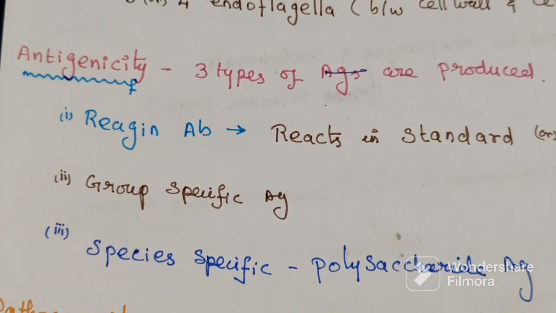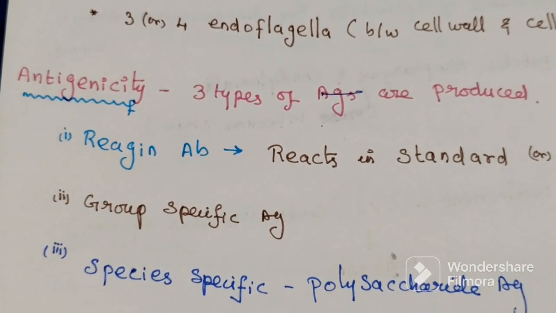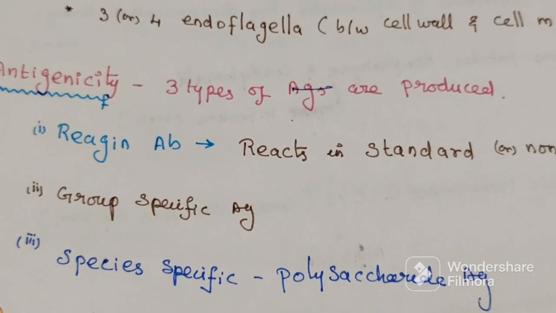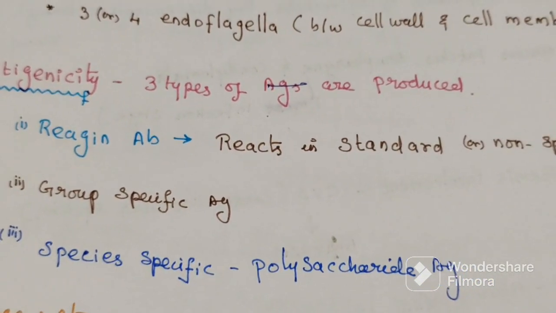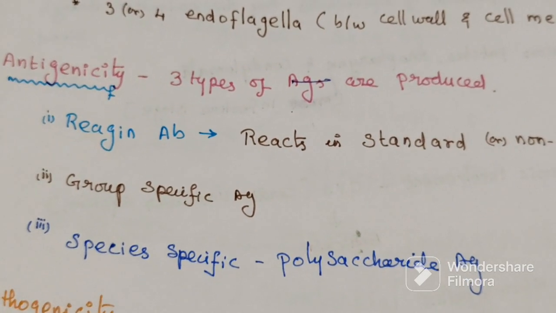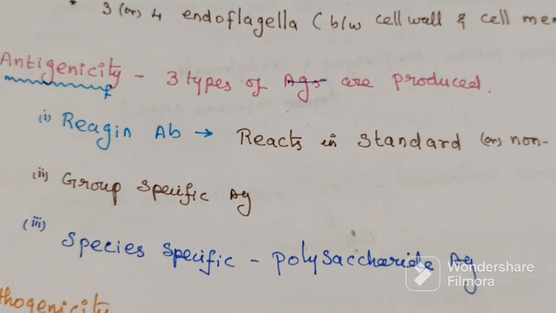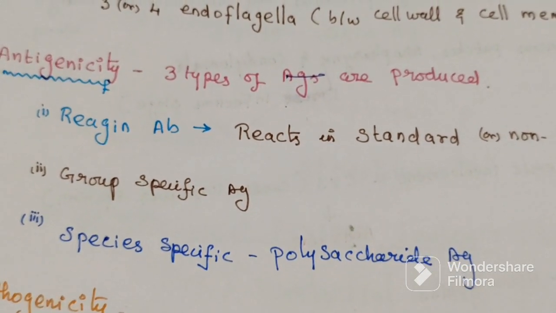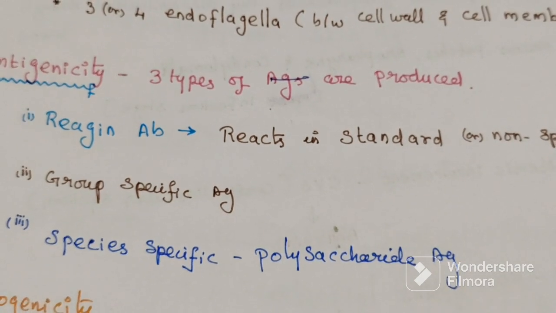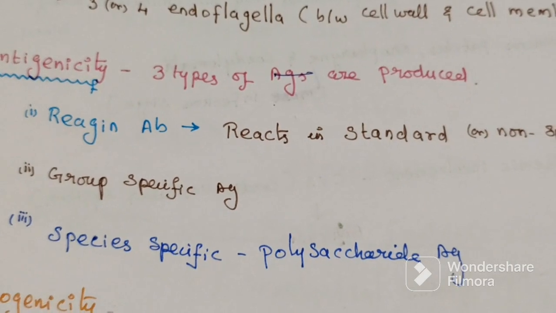Next, antigenicity. The antigenic structure of Treponema pallidum is very complex. In Treponema pallidum infection, 3 types of antibodies are produced. First one is reagin antibody. This reacts in the standard or non-specific tests for syphilis. These tests include the Wassermann test, Kahn test and VDRL test. The antigen used in these tests is